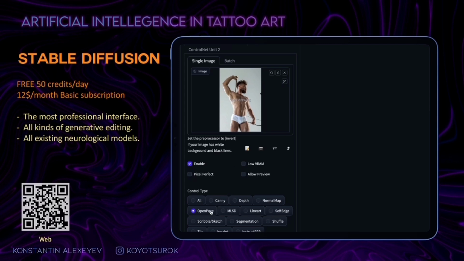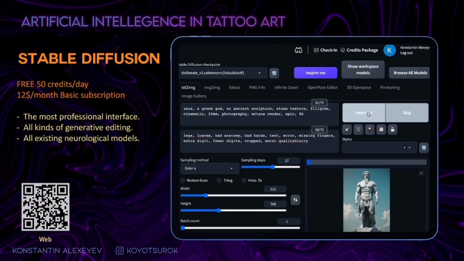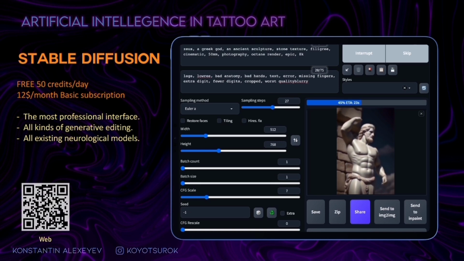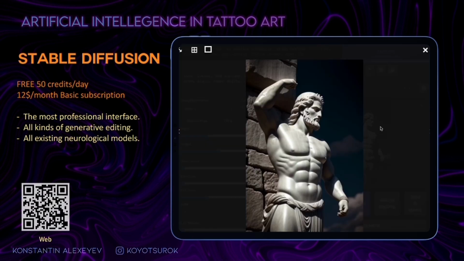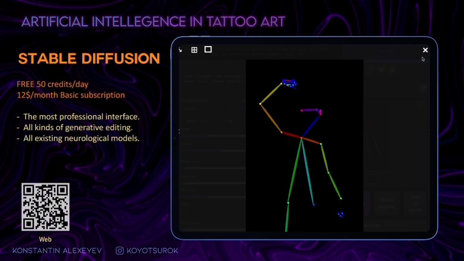Choosing OpenPose as a ControlNet model, generate. Now you can see Zeus copied the pose from the reference. This is a skeleton that we got from the reference picture. Cool, isn't it?